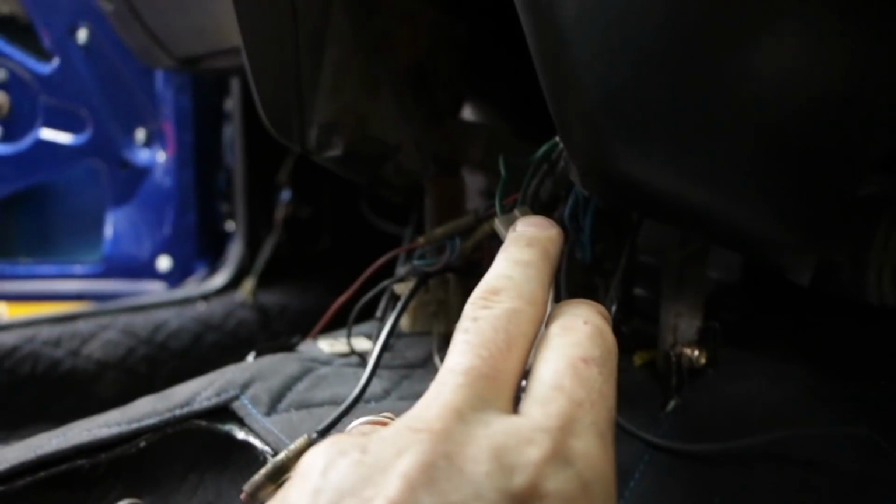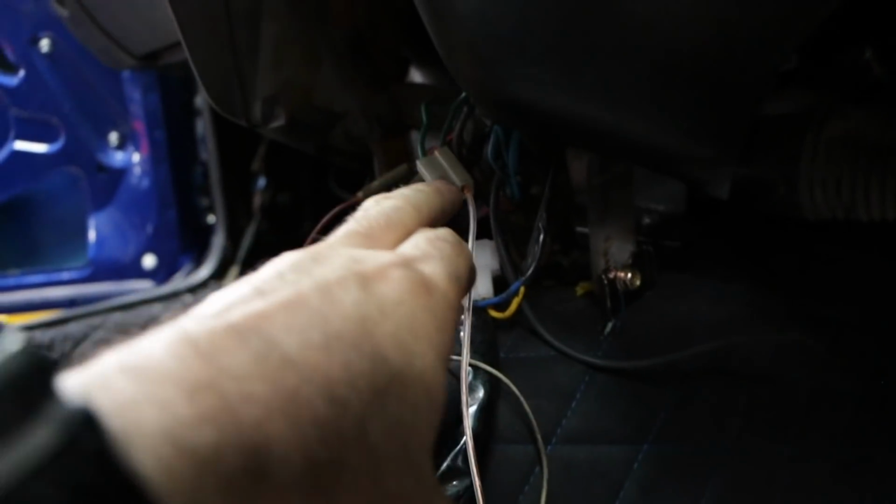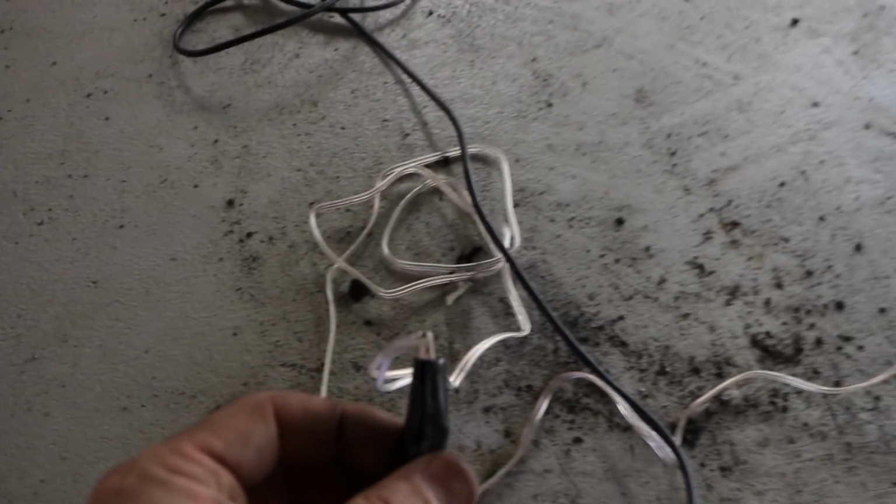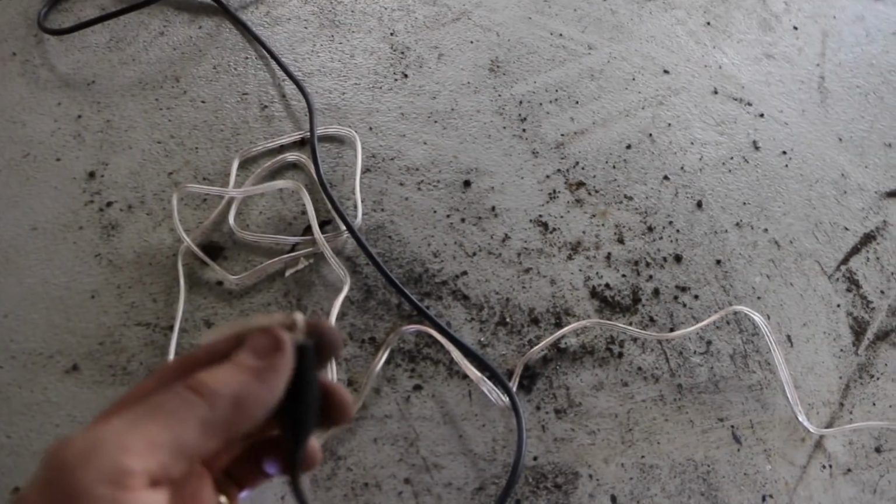So I've set up here for my continuity test. I've just got this piece of wire I've plugged into the plug here onto the line that I think is going to the fuel pump, and I've run that out of the car all the way down. I have clipped it onto the end of my power scanner, so this is now one circuit there, and now I just need to see if I've got a complete circuit. I've unplugged the fuel pump, and